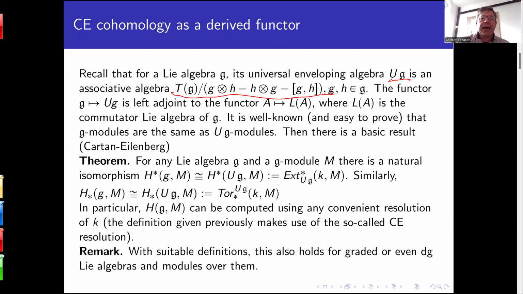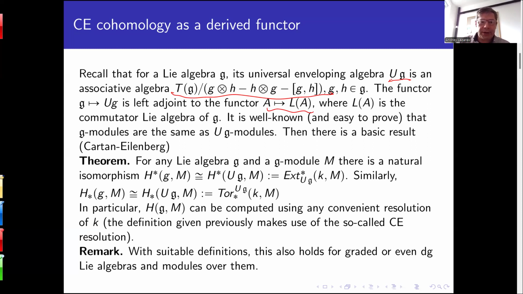So it's the tensor algebra. It's the free algebra generated by G as a space of generators, subject to the relations as indicated here. The functor of the universal enveloping algebra is left adjoint to the functor of the commutator Lie algebra, which is a more elementary functor. It associates to any associative algebra